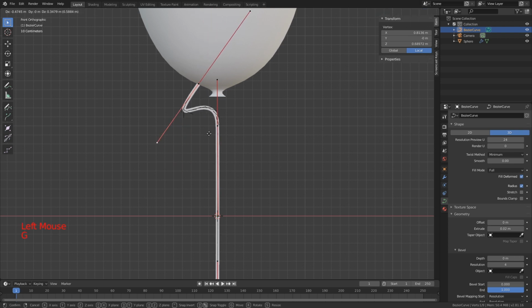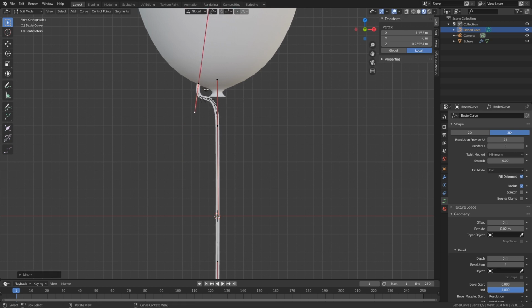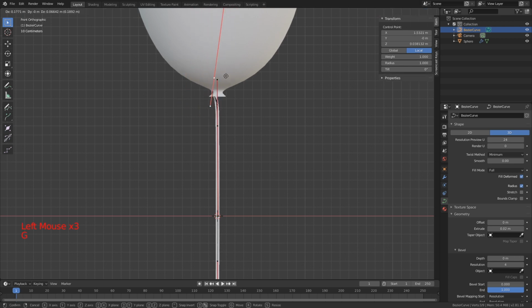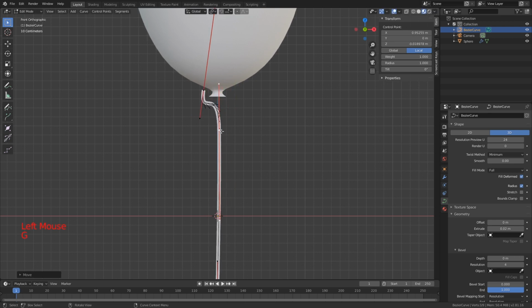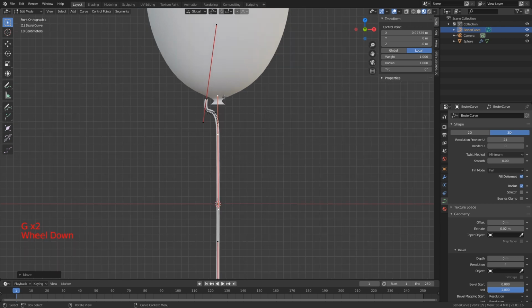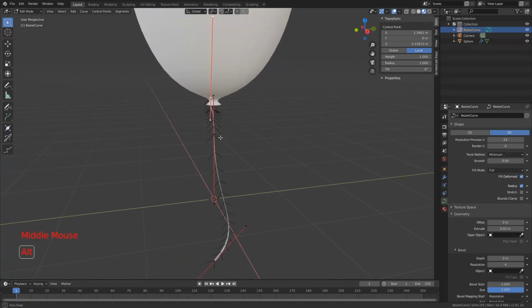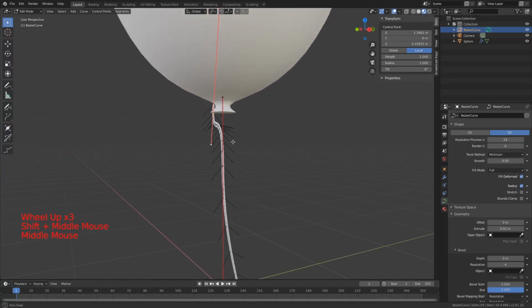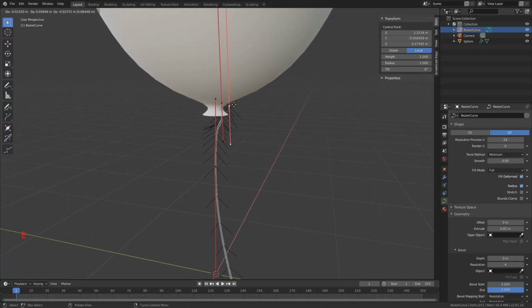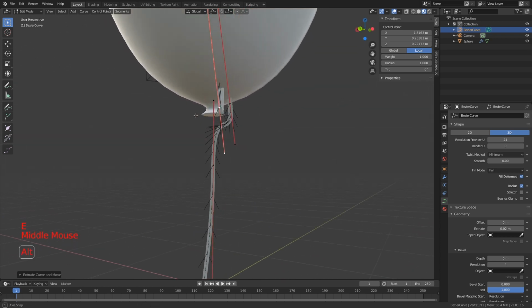The edge vertices will rotate around the actual ribbon part, and the middle vertices will move the entire point of this ribbon or string rather. So make sure you look around the balloon when you're working with this, and we'll start to extrude our little